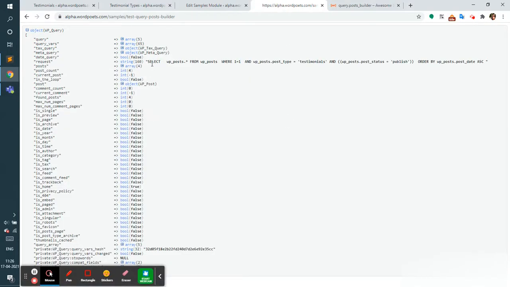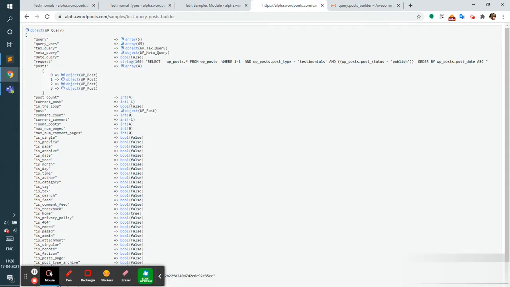Here, if you see this query: select wp_posts.* from wp_posts where 1 is equal to 1 and post type equal to testimonial and post status equal to publish, order by post date ascending. So this is a basic query. We got the four posts, all four posts.